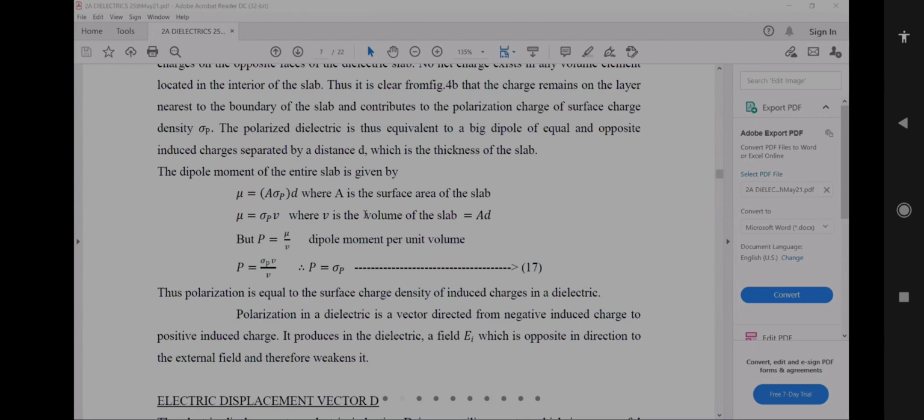So why are positive charges displaced in the direction of the electric field? Okay,